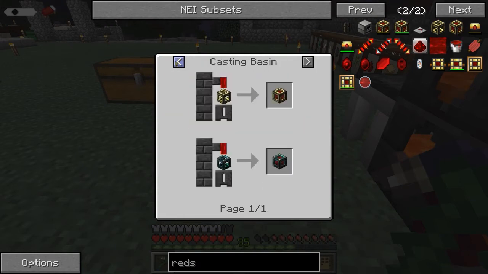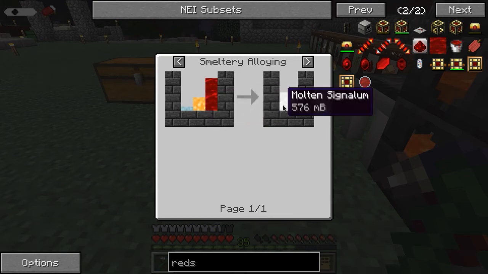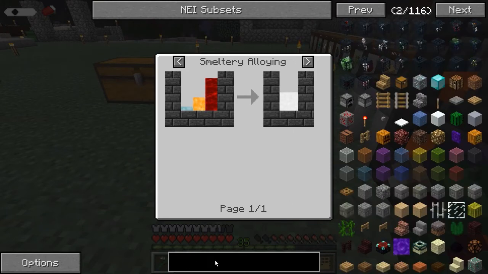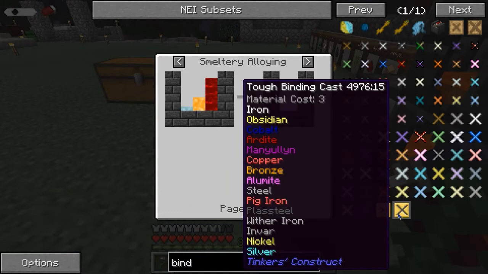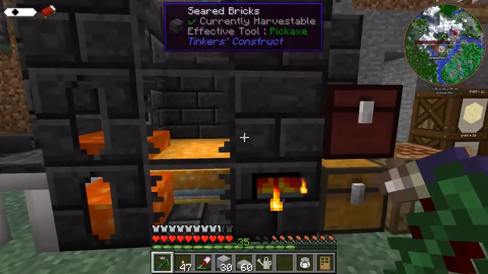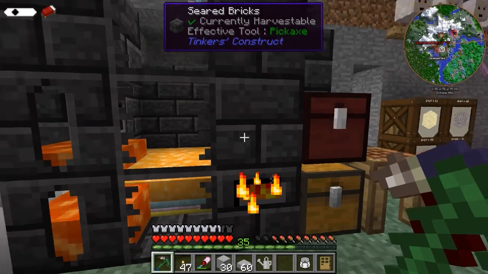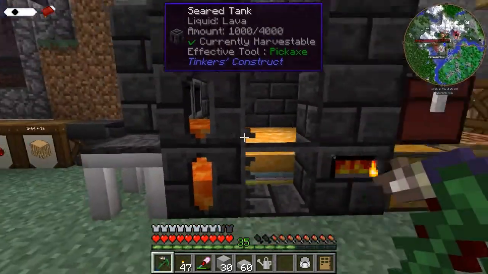And one of the things that we can use it for, I can use it to make molten signalum, and signalum is also a very, very useful metal as far as tools are concerned and smithing, because one of the other issues that we have is, if we have a look at things like bindings, there are quite a lot of options which aren't available that you would normally be able to use. The problem, though, comes down to the fact that I can't melt the redstone in the smeltery. It simply won't work. It gets to a certain temperature and then it just stops,